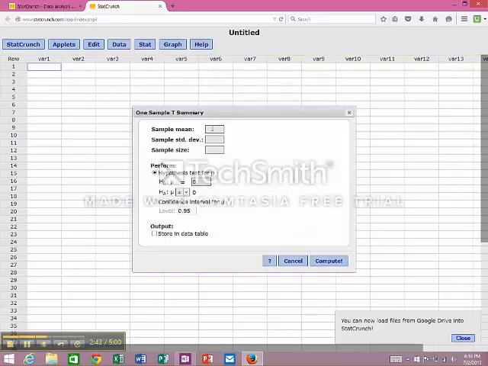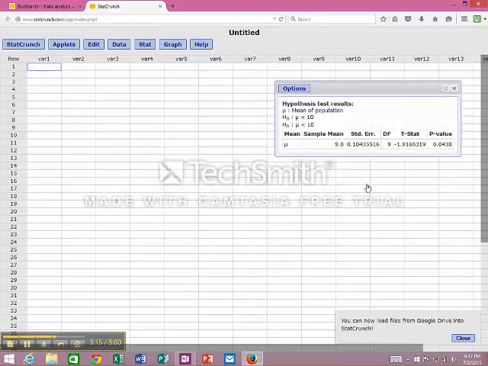The dialog box is going to ask us for the sample mean. That was 9.8 pounds. The sample standard deviation was 0.33 pounds, and the sample size was 10. They sampled 10 bags. Then we have to go ahead and put in some information for our hypotheses. So the null hypothesis said that the mean weight of the bags was 10 pounds, and the alternative is that the mean is less than 10 pounds. Notice here that they're using HA instead of H1. We don't need a confidence interval, so we just go ahead and click on Compute,